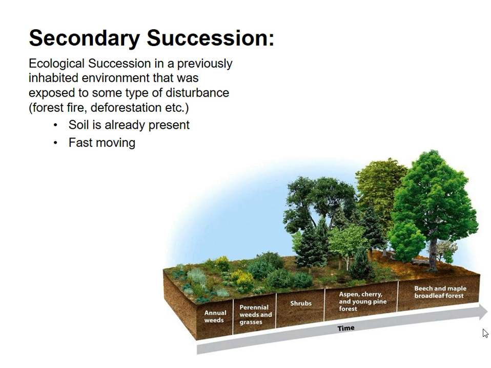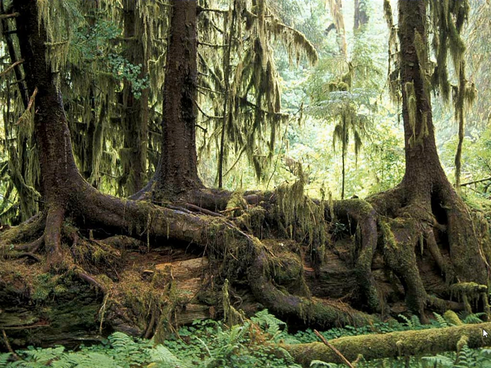So what initiates secondary succession? Disturbance. One example, of course, is a tree blowdown. You can imagine if a tornado rips through a forest or a small storm, it could blow down a few trees. This picture was taken in the Pacific Northwest, where a very large western cedar blew over. As it dies and decays, it adds nutrients back to the soil. It opens up the forest canopy, allowing sunlight to reach the understory, allowing other plants to grow in its place. Furthermore, western hemlock trees used that western cedar as a nurse log, as a platform for growth.